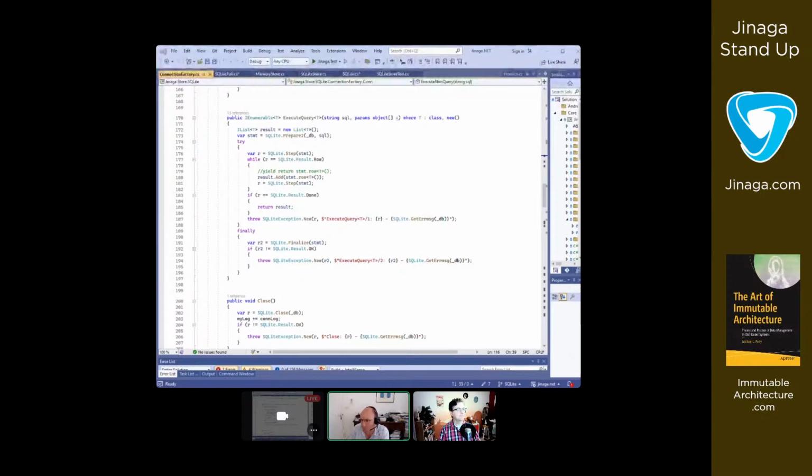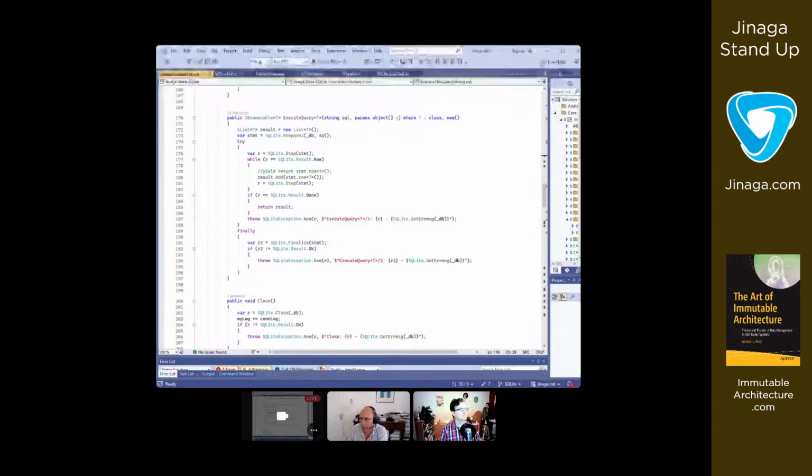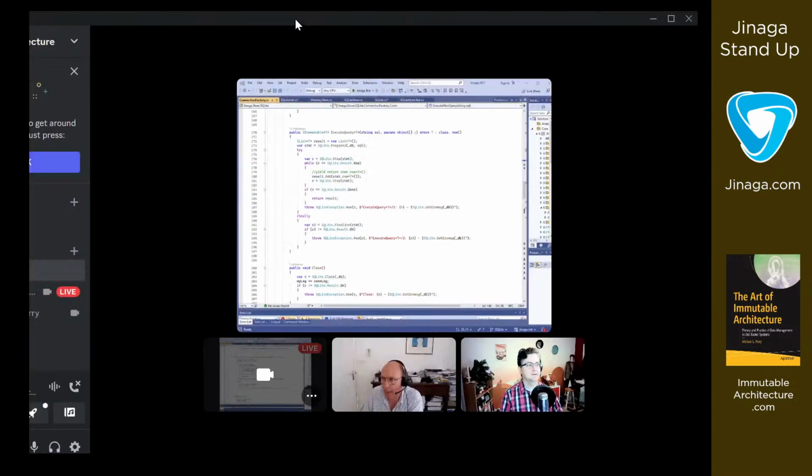What we were doing there was, you have the execute query tree, and if you go to that one, it does exactly what I'm doing, and it's returning a record of rows. Let me pull up that code so we can show that on the stream.